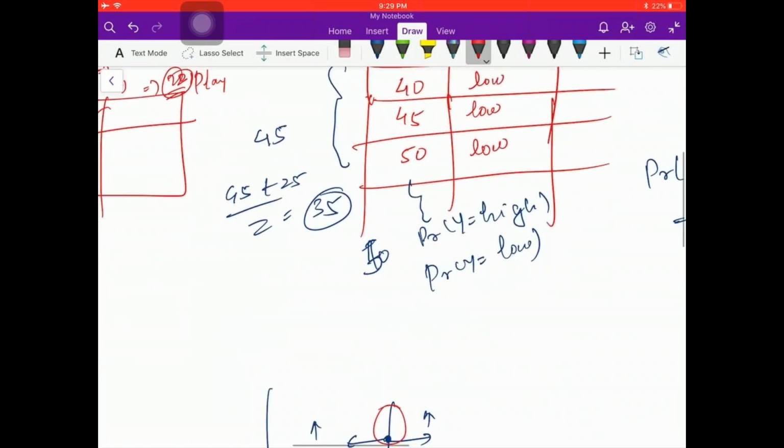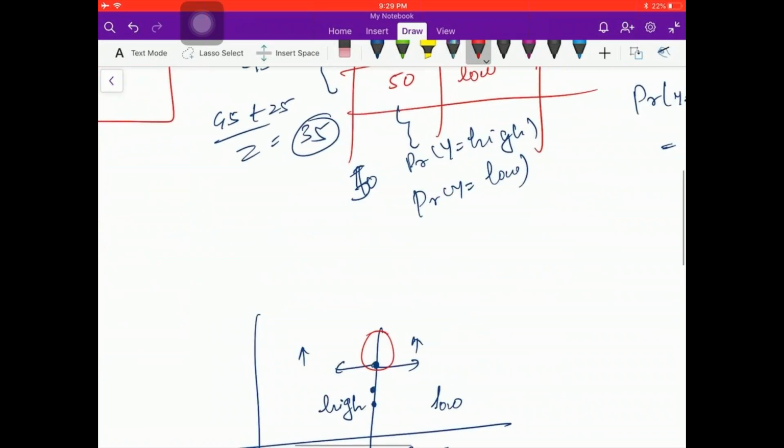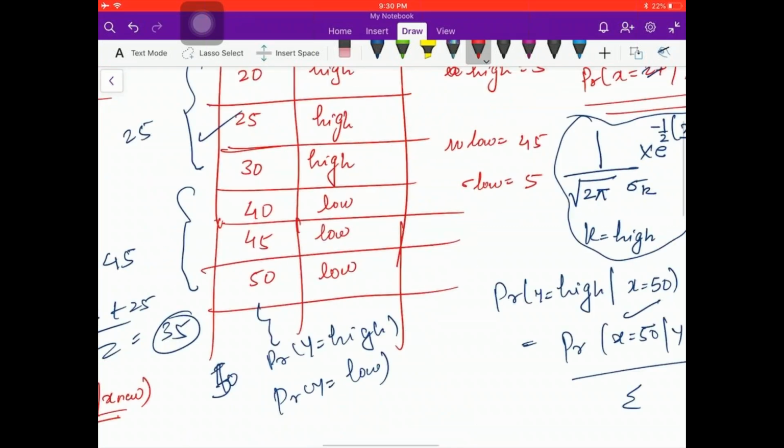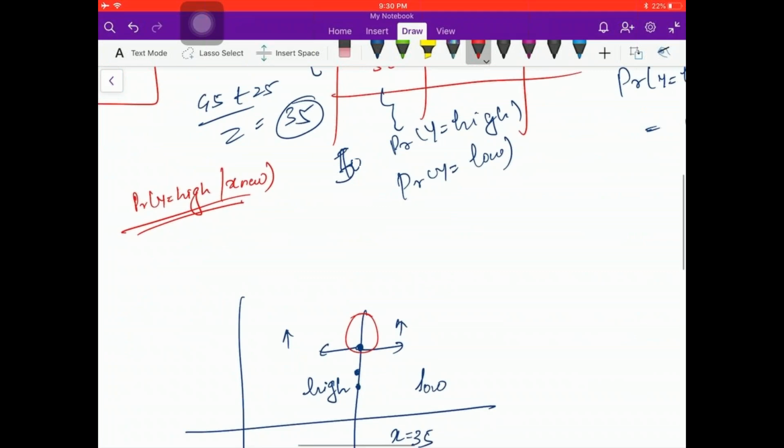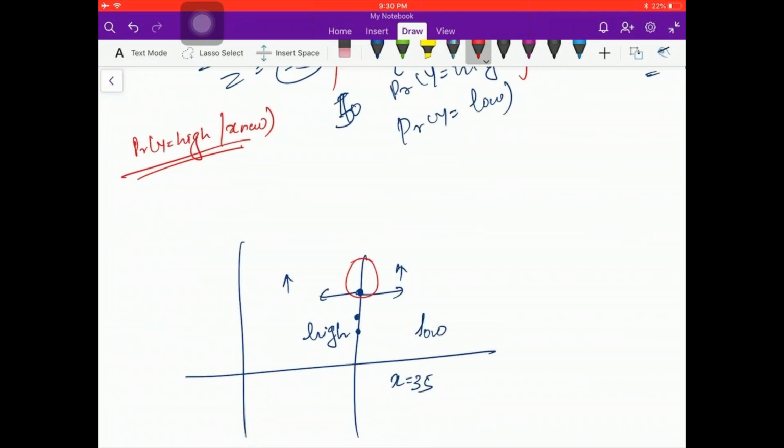So what is the objective here? Your objective is basically to calculate the probability of high given a new point, right? This probability you are already getting. But I just wanted to explain how a decision boundary is built, since LDA is a good example to show you, and SVM was a good example too. Otherwise, your objective is always the probability of y equal to high given a new x point, right? Correct. That you have already calculated.